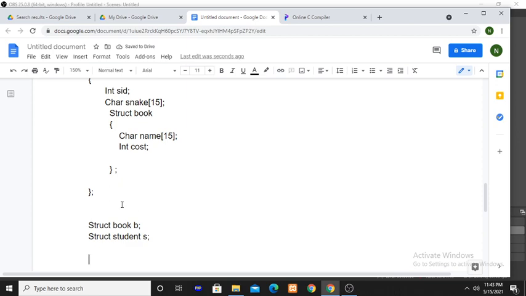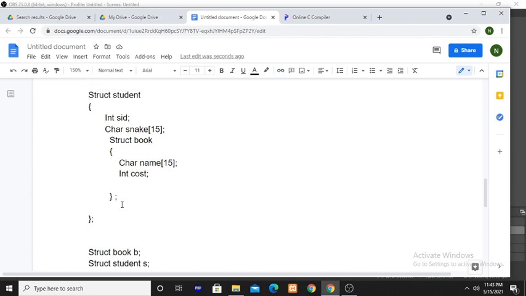Now after the structure definition and variable declaration, the next step is how to read and how to access the structure members. Here two structures are there, the student structure and the book structure. The book structure is the inner structure, the student structure is the outer structure. So how can you access the members here?